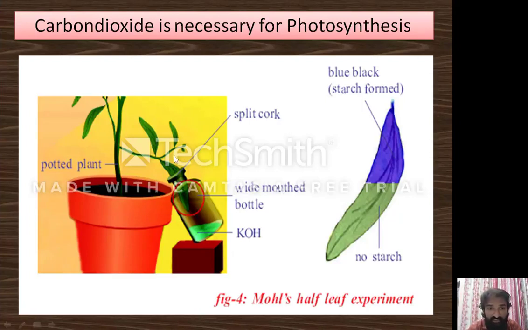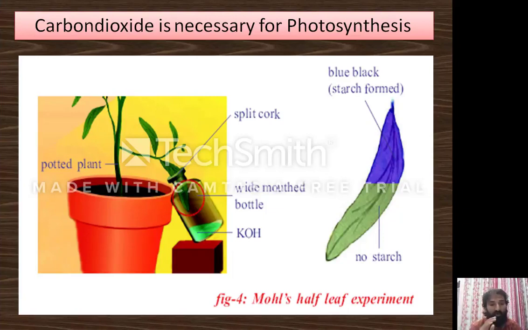After inserting the leaf into the cork, we put some wax. With the help of wax, there is no entry of air into the bottle. That's why we fix the cork with the help of wax. After setting up the experiment, it is placed in sunlight for 6 to 8 hours. What will happen? When the plant is shifted from dark conditions to light, the plants automatically carry out photosynthesis.